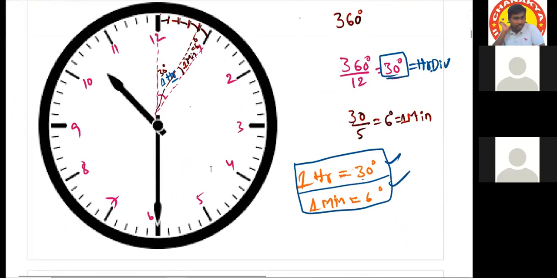Each hour makes an angle of how much at the center? Each hour is 30 degrees. How did you get the 30? Total is 360 degrees, divided into 12 equal parts, so 360 by 12 is 30. Okay. And every minute division makes an angle of 6 degrees. 30 degrees divided into 5 parts means 6 degrees at the center. Okay. Next,